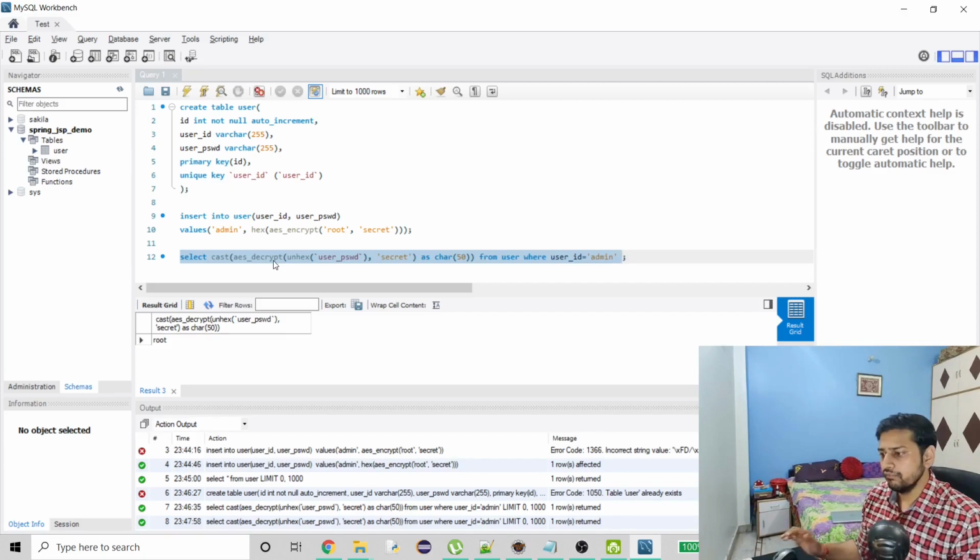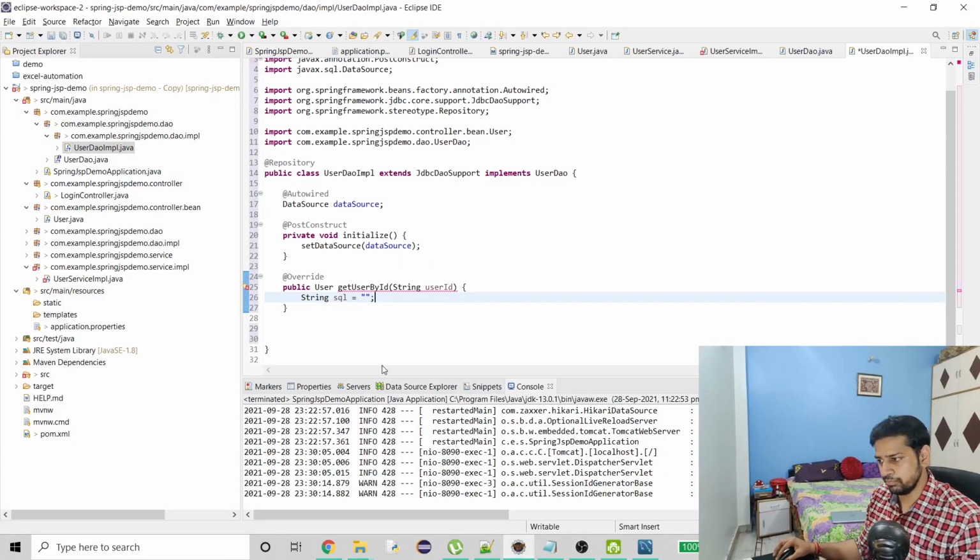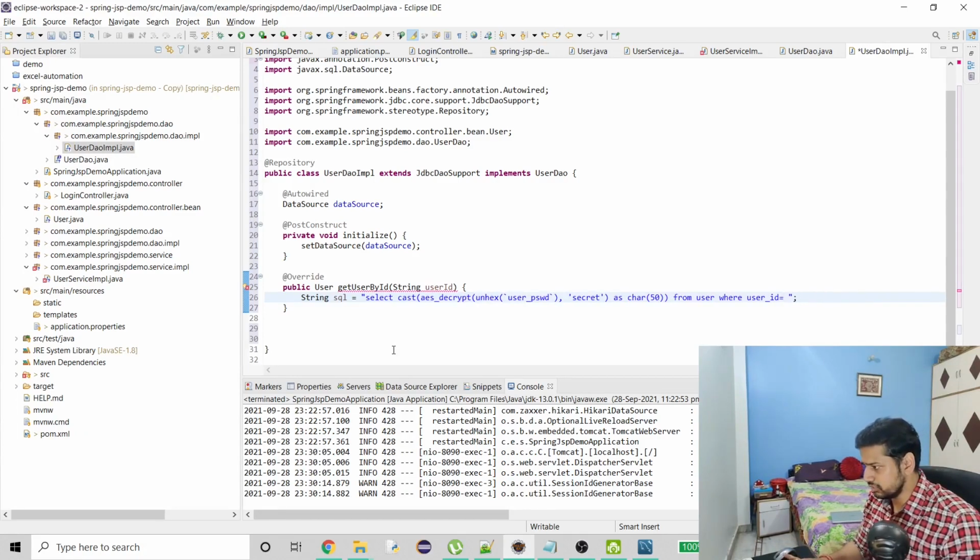There is a way that you can do it through Java also. You just have to use the AES decrypt methods, and then you can decrypt the password in Java also. But I thought it would be simpler to do it in the database or Workbench for now, so that's why I'm not using that method. So for now we just have to do this, and here we need a question mark,